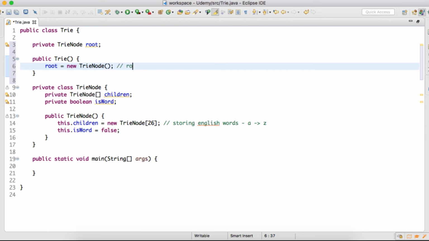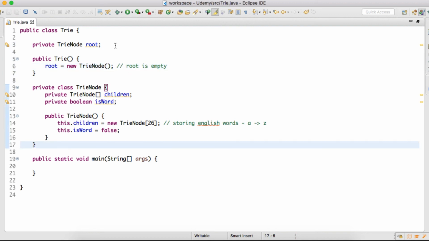So here root is empty. Whenever we initialize a Trie class, root points to a TrieNode which is empty, and after that we insert a particular word character by character through this root. So friends, this is how we actually implement a trie using this TrieNode class.